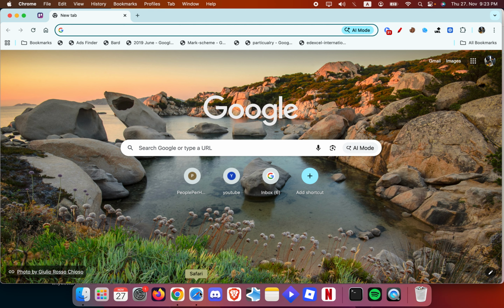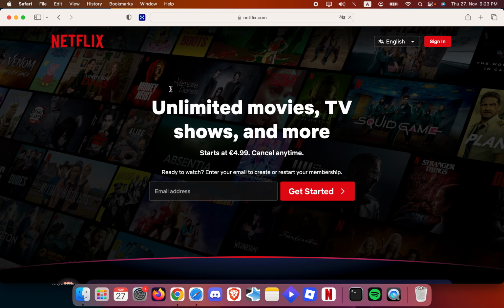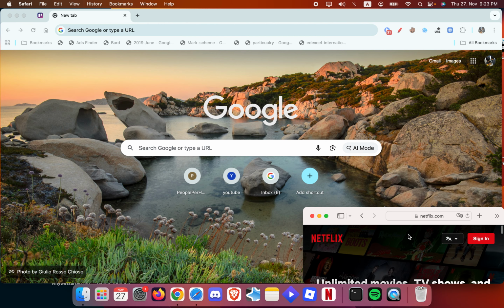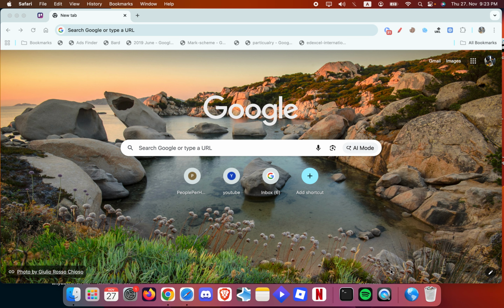Now, if you're talking about Safari, you can go to Safari and search up netflix.com. Once you're here, you're going to make this screen small. So I'm just going to make it like that. Then I'm going to drag Netflix like that, and I'm going to put it right there next to the trash bin, okay? Not here, but next to the trash bin. And there you go. Now this thing is stuck there. Now if I close it and I open it,